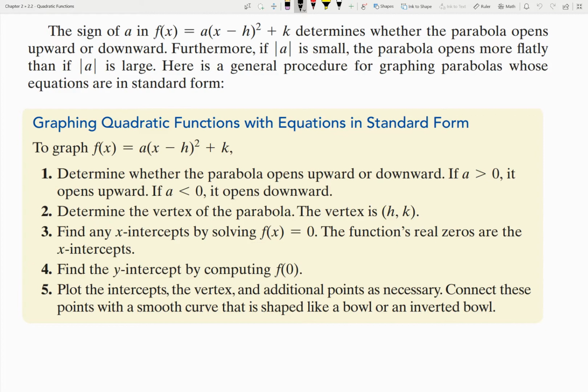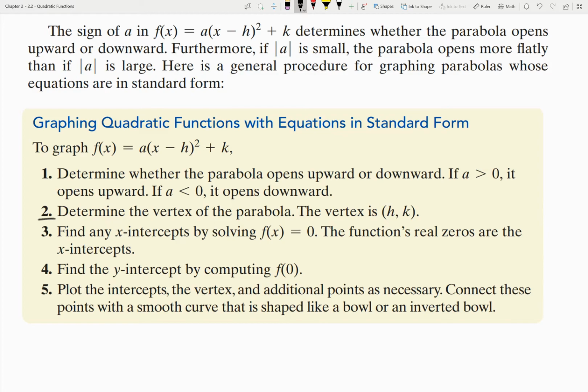Next, we are going to figure out the vertex, and that's really the most important thing, right? You can say it's nice to know whether it opens up or down because then I know which way I'm going to graph it and I won't make a mistake on that. But really, every parabola, when you start to graph it, you need to start with the vertex. And that's the method that I'm really going to go for graphing these parabolas. We're going to focus on number 2. X-intercepts are nice, y-intercepts are nice, but really, if we know the vertex, and we know which way